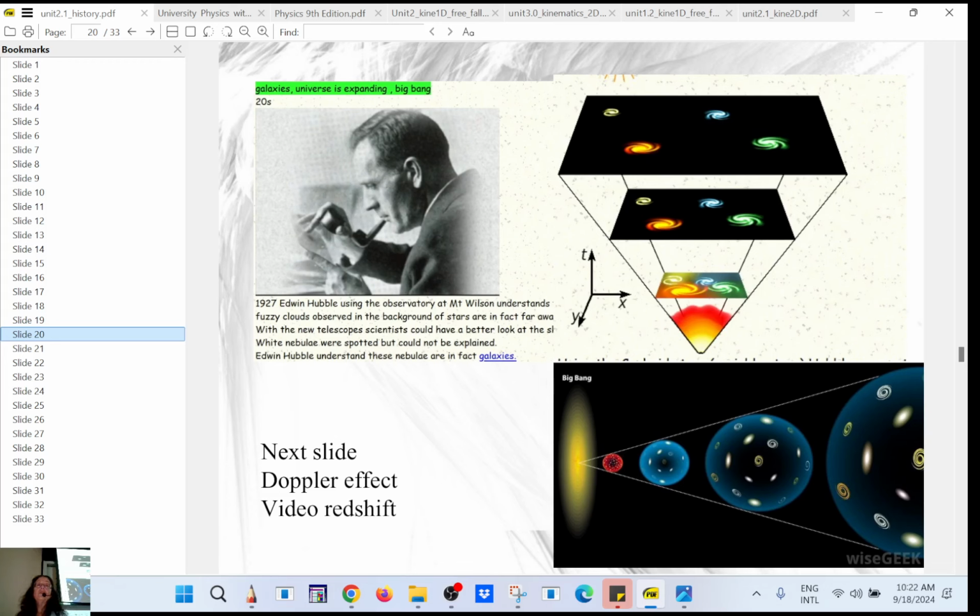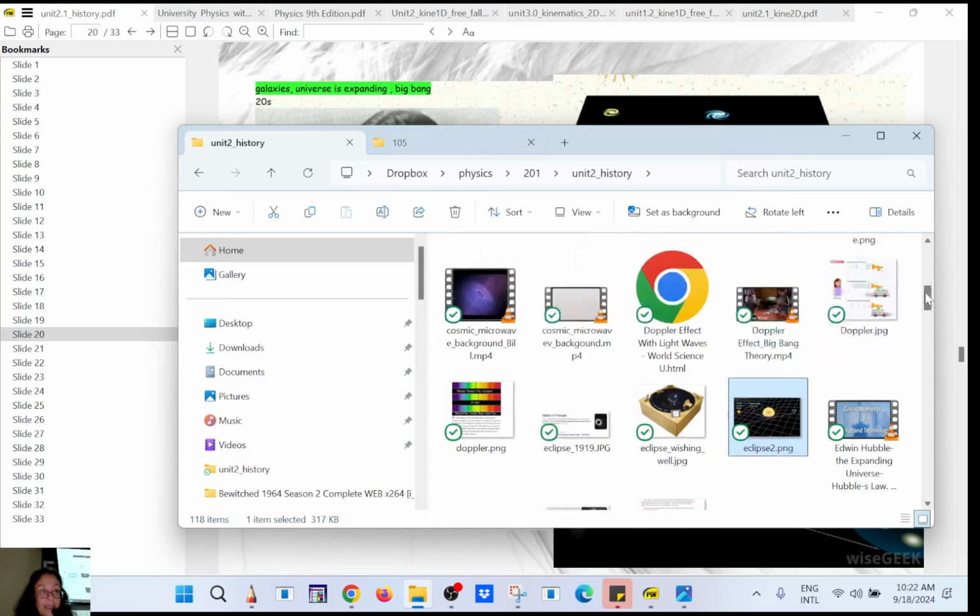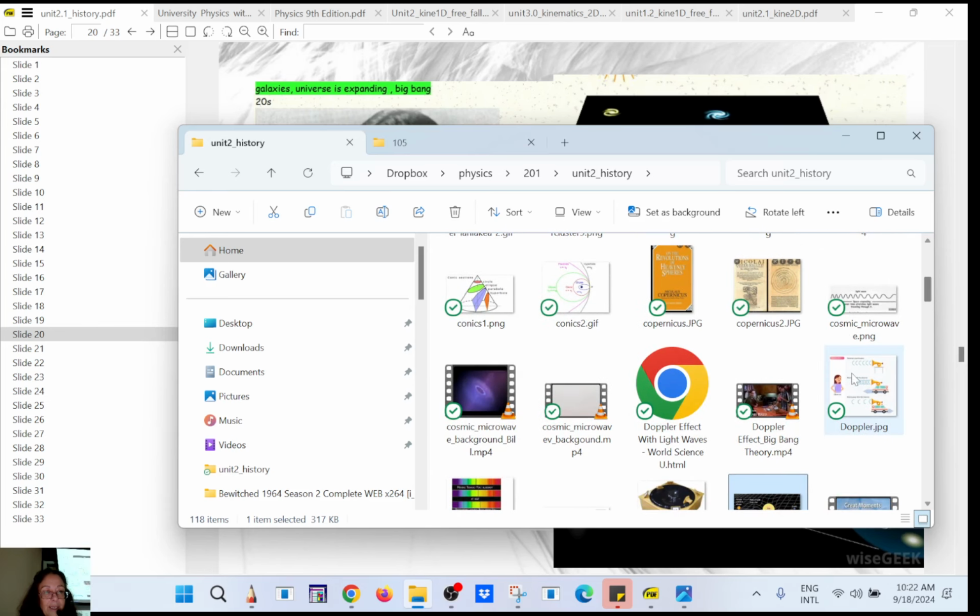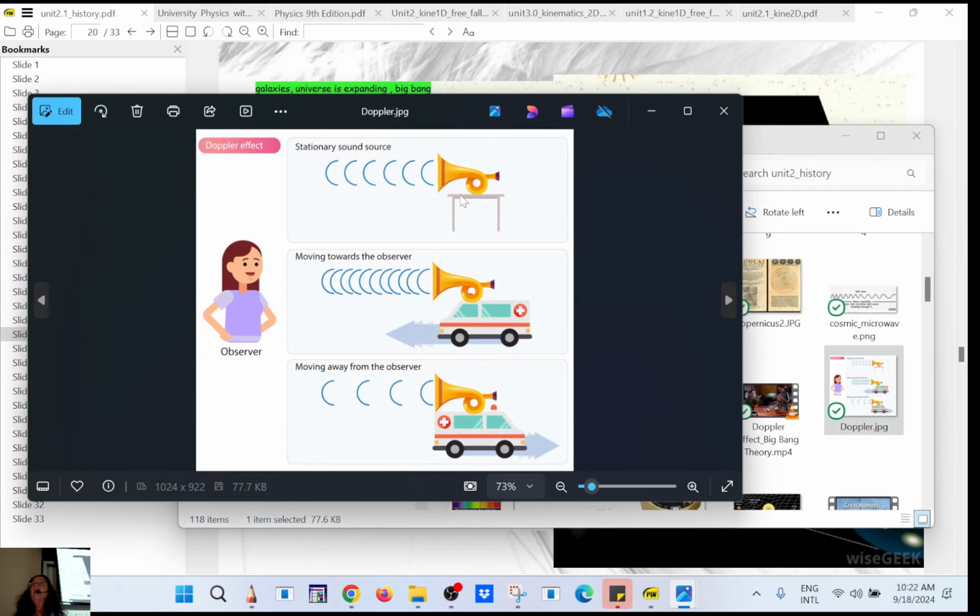So turns out you also have a Doppler effect for light. It means that if a source of light is coming towards you, it's going to be blue shifted. So here, that's the Doppler effect for sound. Okay, so you see, this is a sound. It's a wave. You have the crest, right? If it's coming towards you, it's going to be piling up. So you're going to hear a higher pitch from your frame of reference, and if it's moving away, lower pitch, right? Higher pitch, lower pitch.